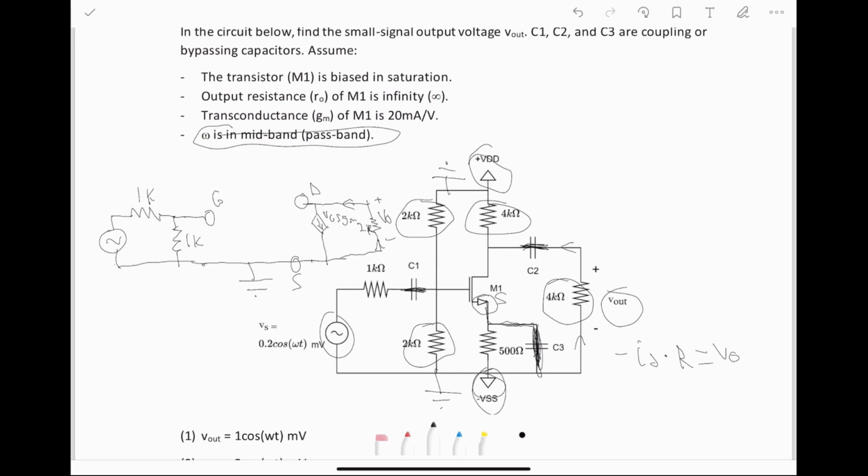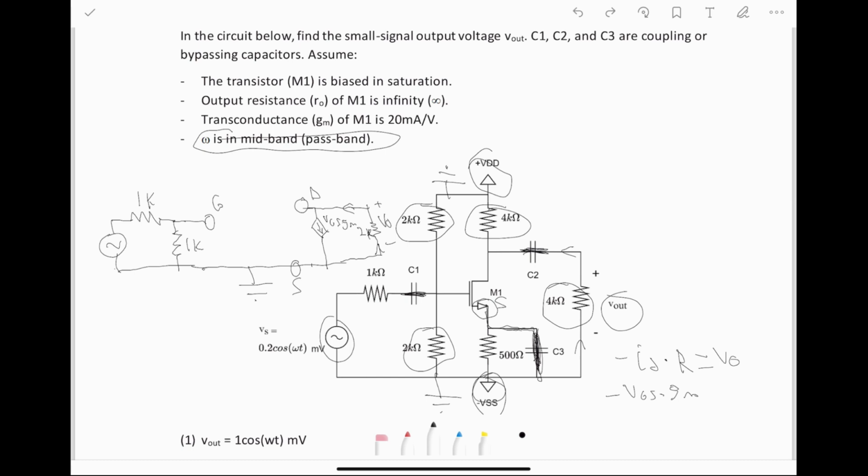In our case, what that's going to look like is negative VGS times GM times our resistance of 2K, times 2 times 10 to the third, is equal to Vout. Vout is actually what we're trying to solve for, so we've basically solved our problem by writing that. The only unknown here is VGS, because we were given GM, it's 20. And then we know the resistance, so